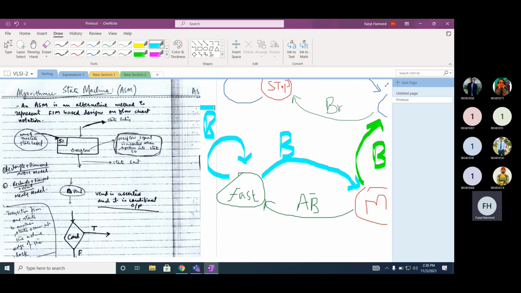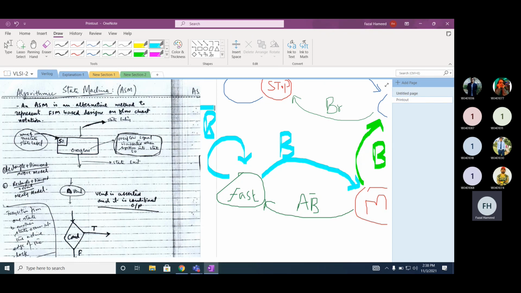Okay, now these are two different representations of the same functional description. The description is the same, it's a speed curve controller. In both cases, we have how many states? 4. We have 4 states. But is the second description more elaborate, or the first? The second description is more elaborate.